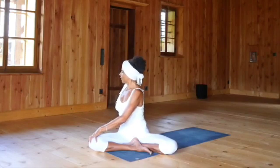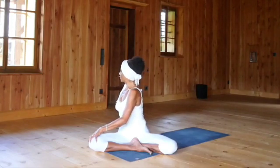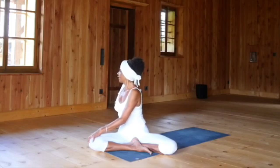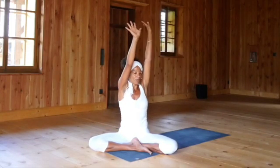And again, inhale, find length. Crown of the head reaches up. Exhale, twist a little bit more. If you bend the elbows, it's going to take you deeper into the twist. Use the inhalation to come back up to center, palms above the head, and as you exhale, switching to the